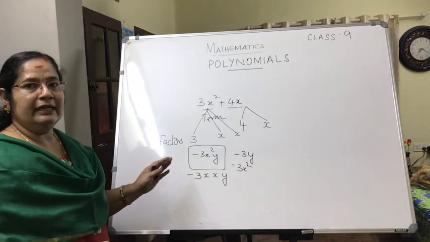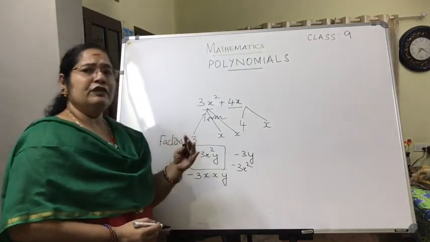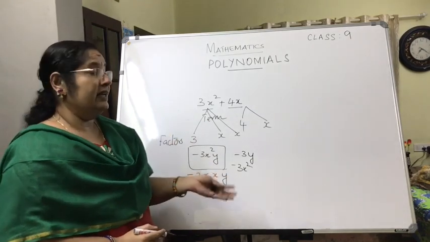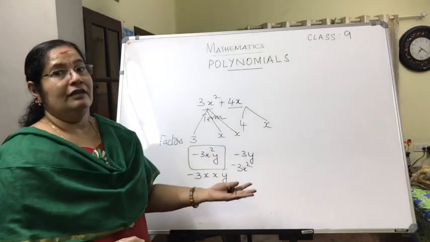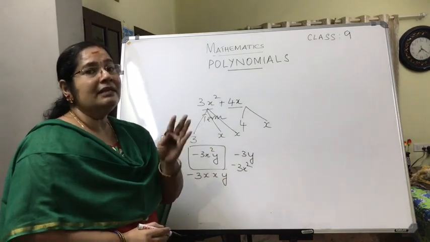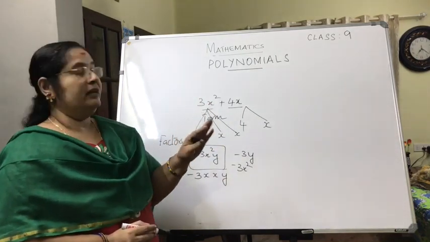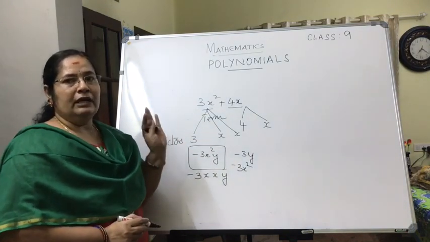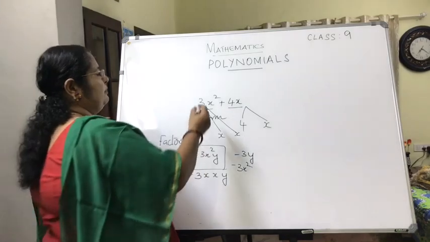This we have already learned. Simply if you say coefficient, it means the numerical coefficient. If I am stressing it and saying what is the coefficient of a particular variable, it means apart from that variable, whatever is remaining will be the coefficient of that particular variable. Let me give you one more example. Suppose you are having, say,